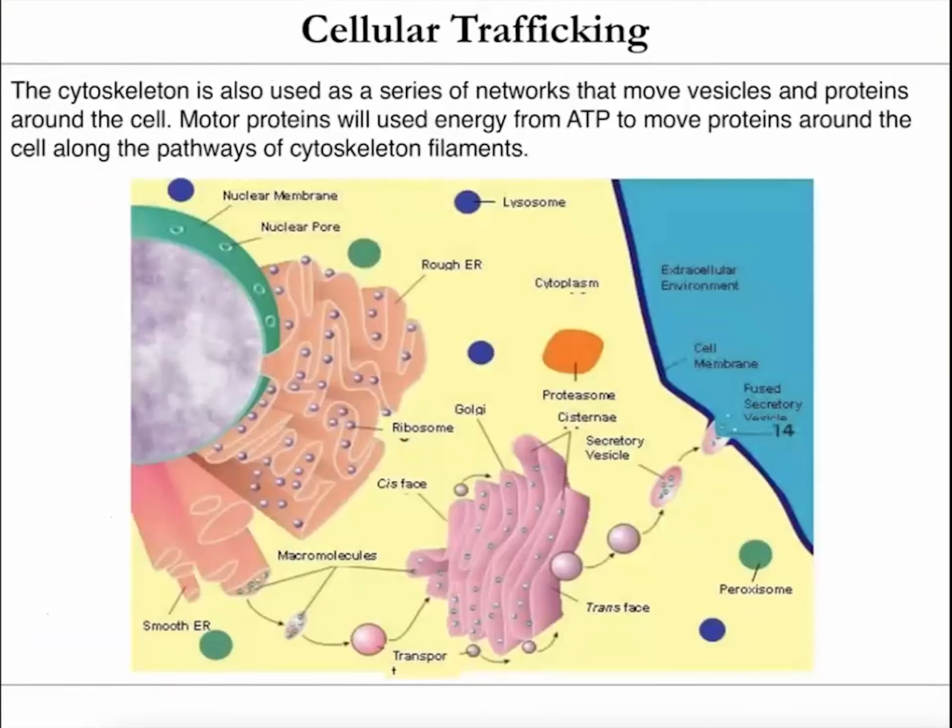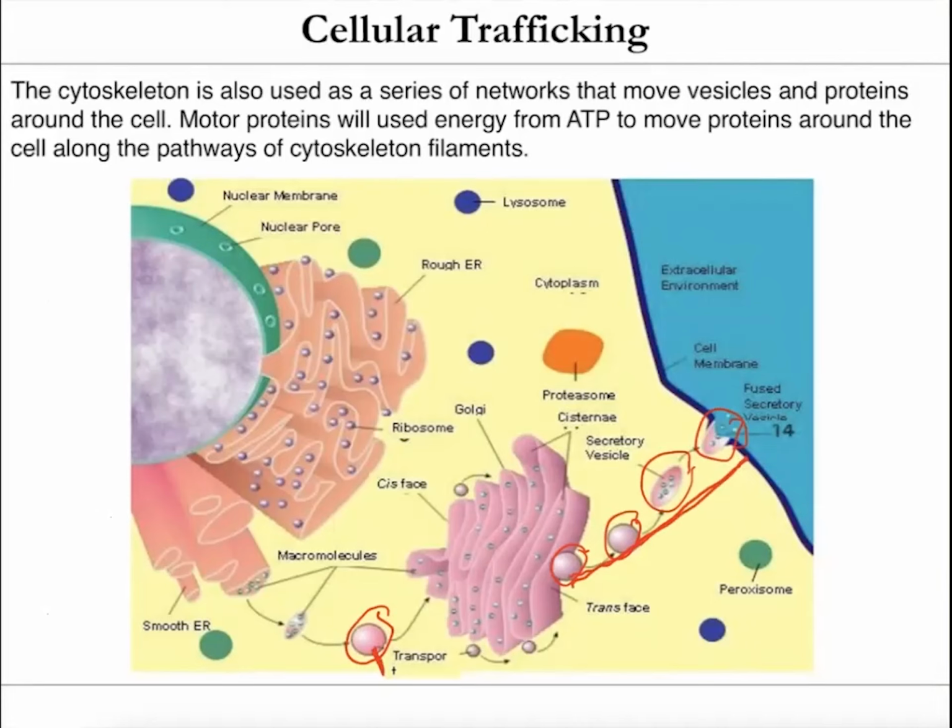And the cytoskeleton is also really involved in cellular trafficking. So I'm not going to go into huge detail on this, but all these vesicles and all these transportation of all these things through the cell that we've been talking about, those have to be moved somehow. And how it happens is basically there's these really interesting motor proteins that will attach one side to these vesicles and another side to these types of filaments or cytoskeletal elements within your cell. And they use those as basically like railways to transport vesicles and other processes through the body. This is also sort of how your muscles move in a more complicated fashion. But cellular trafficking is really important.